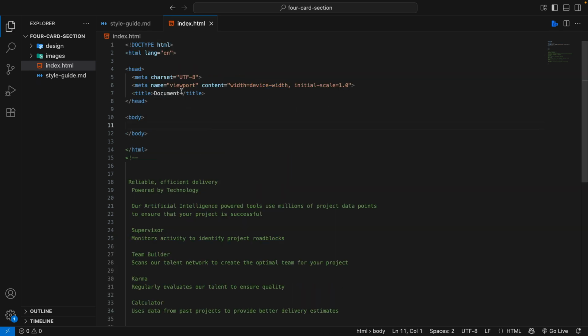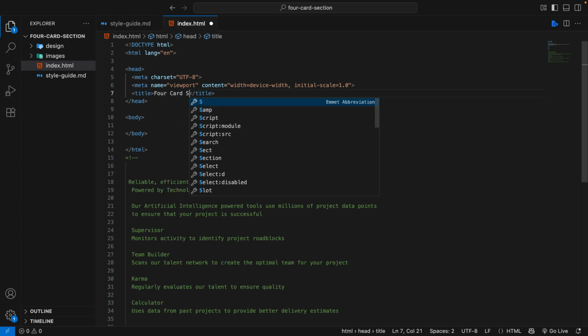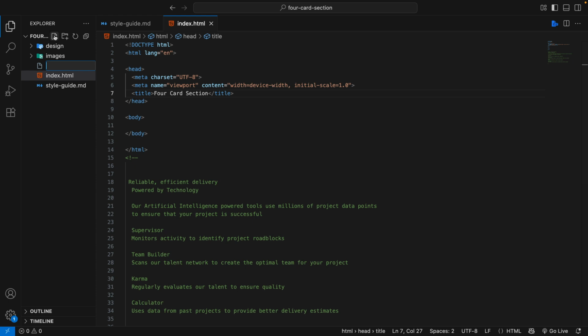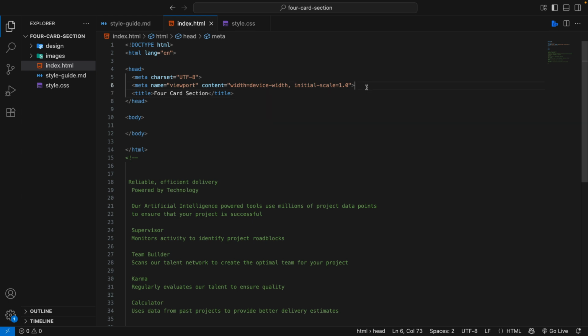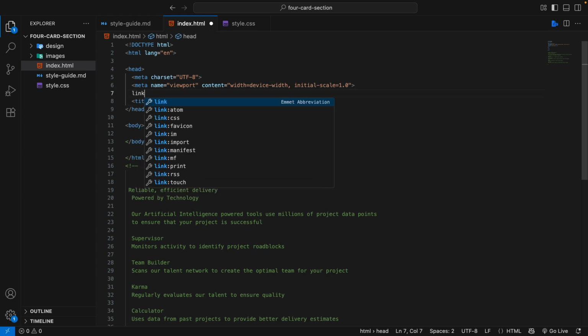There we go. And I'll make the title of the page 4-card section. And then let's make a style sheet. So we'll say style.css. And then let's connect that. So we'll do our link tag below our meta tag. I'll say link